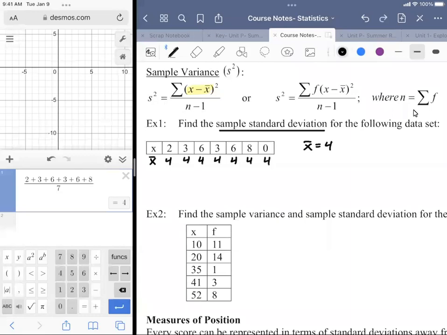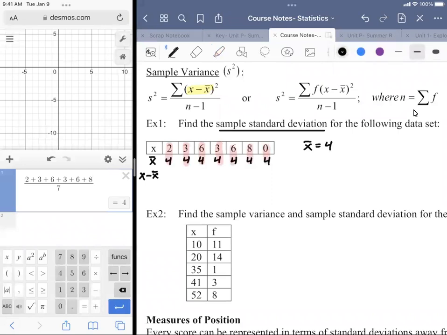You don't have to show the work for it. You just need to be able to find it. So then the next row would be X minus X bar. So I'm going to take each of these X values and subtract from it the corresponding X bar value. So it's going to look basically like this. I'm going to subtract these two, these two, these two, these two, these two, these two, these two, with the